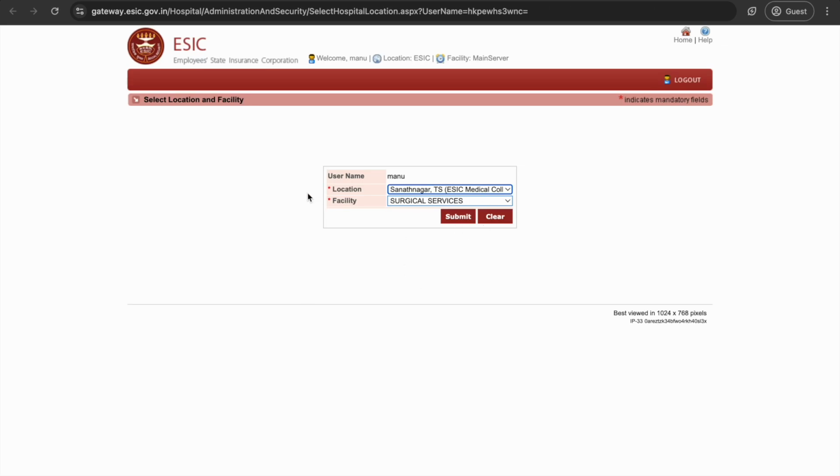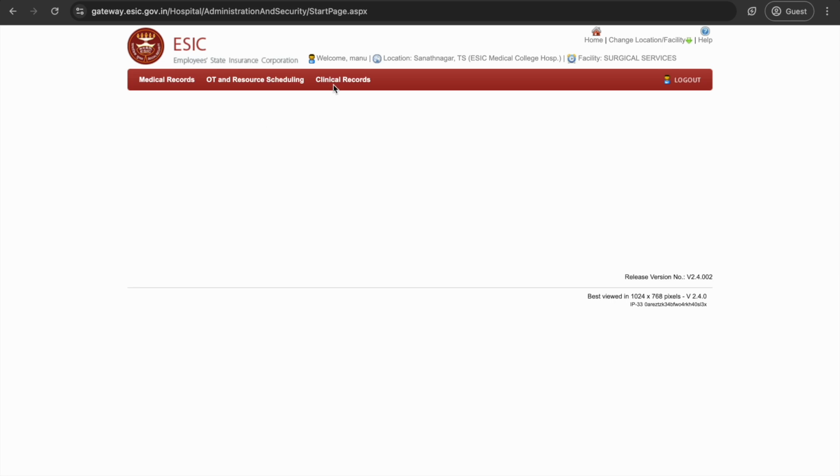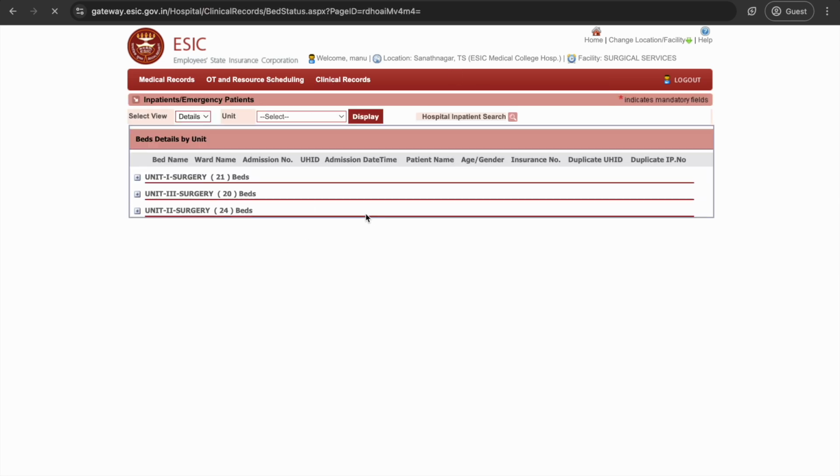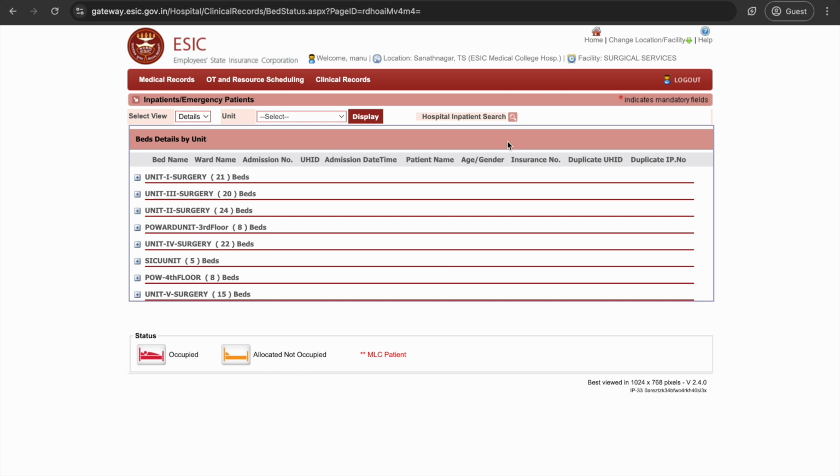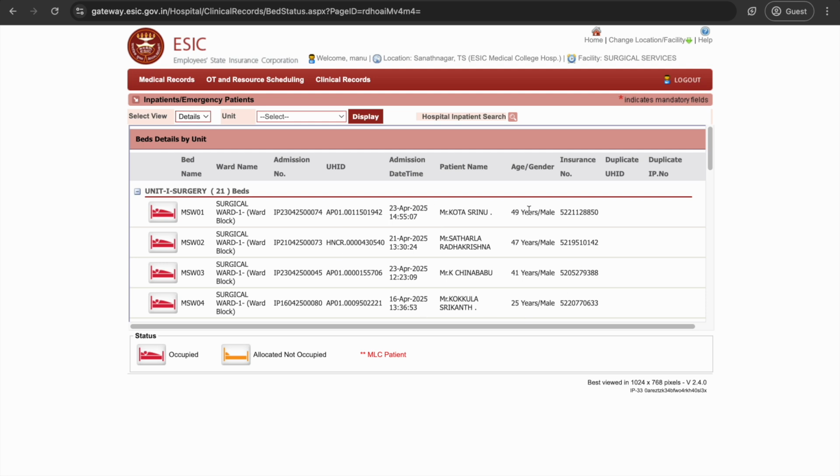Once we log in, we'll go to Health Information System. Within Health Information System, we'll be selecting our location and facility. After which, within Clinical Records, we'll be going to Inpatient or Emergency Patient Management. Within this, using the hospital inpatient search or by choosing the specific patients, we'll be finding out our patient who